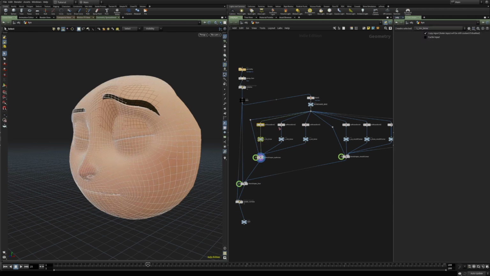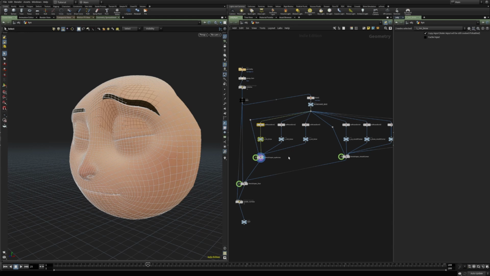So for each of these shapes, there will be a lot of nodes to create this shape, for instance. So this usually impacts the scene loading time quite a lot because every deformation has to be recalculated. So if you have hundreds of shapes, there's a lot of nodes that have to be recalculated every time we load a character. And if you're dealing with static shapes, we can optimize this loading time by stashing or